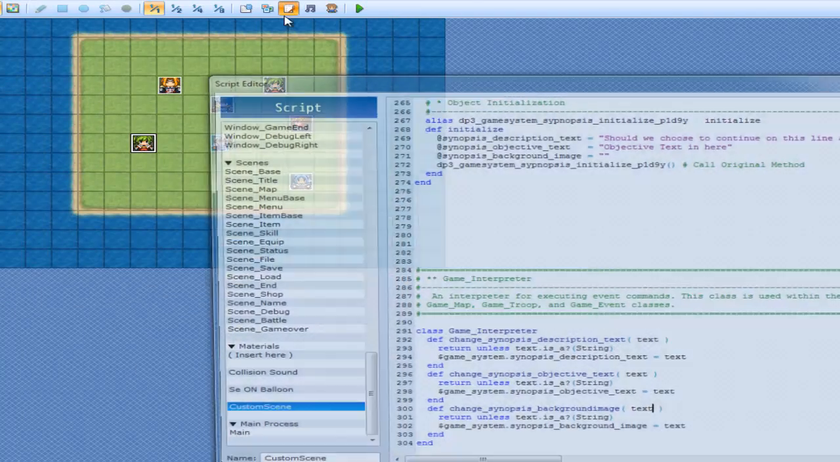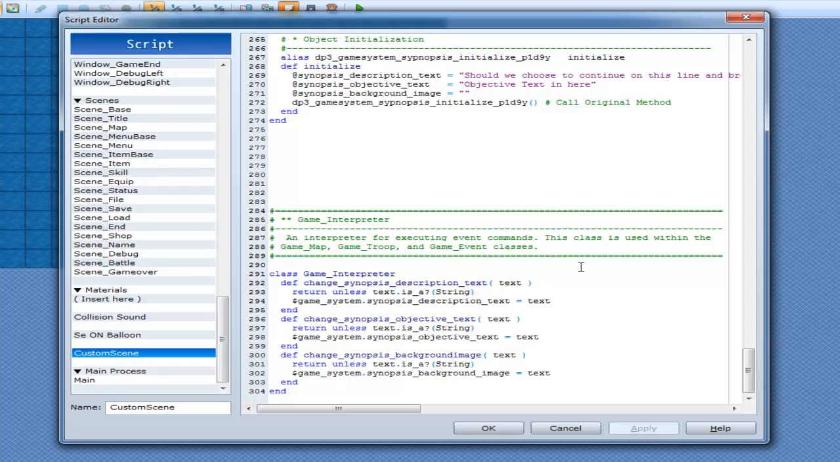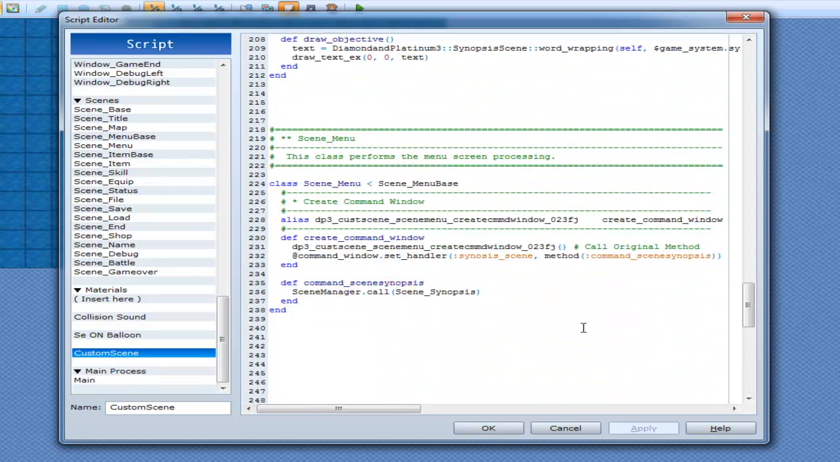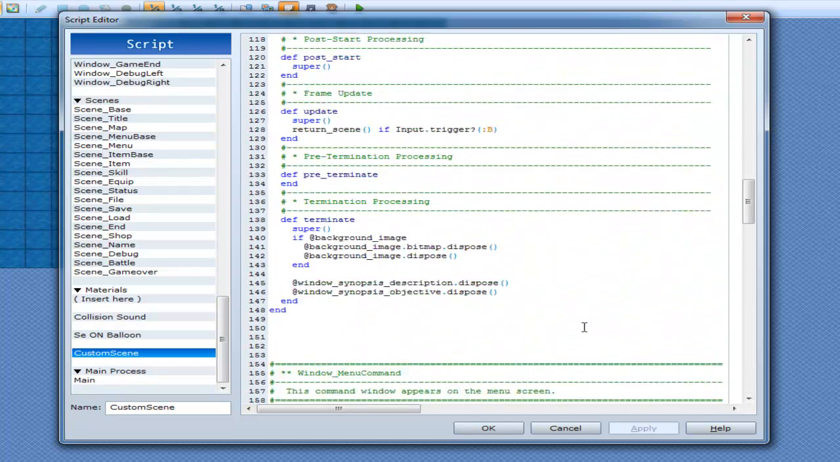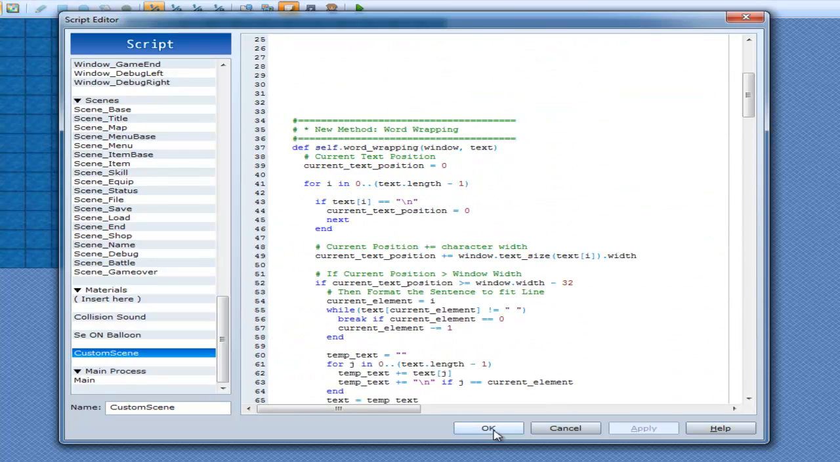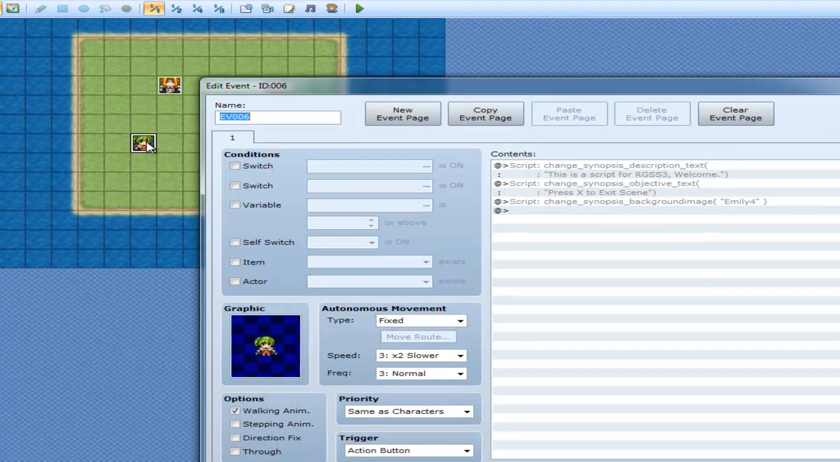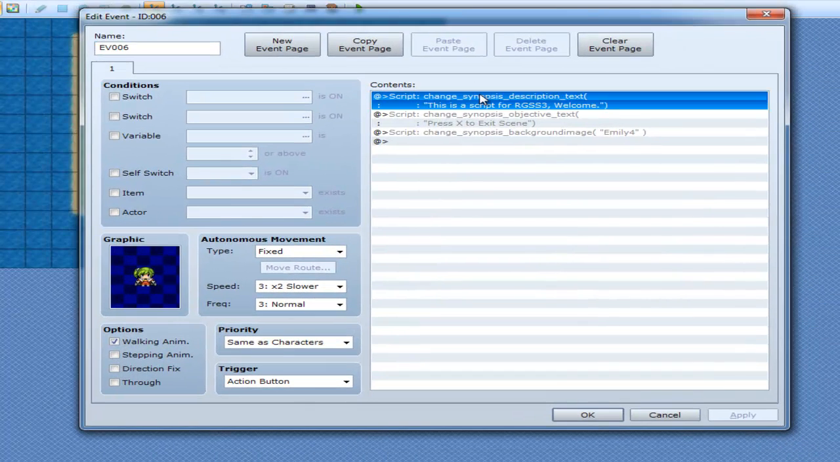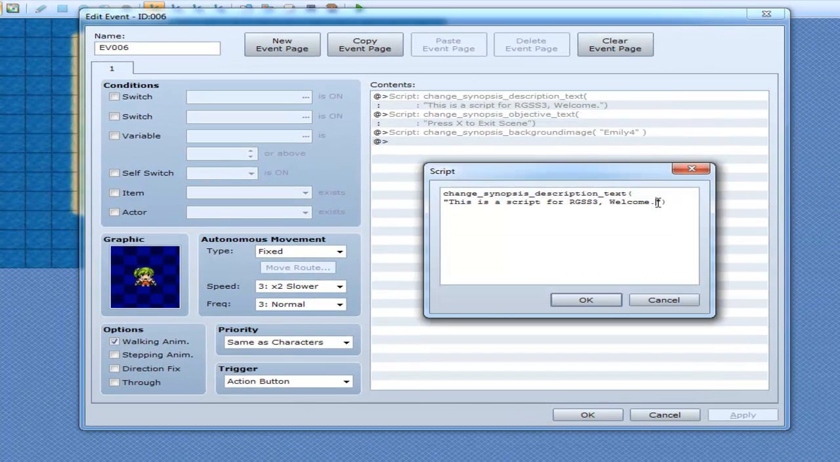Alright, so we have that part of it working just fine. Now, is there anything else we need for the script? Maybe. Oh, yes. Yes, there is actually. If we were to continue going across, we would actually